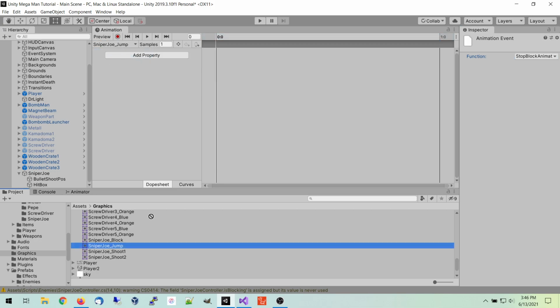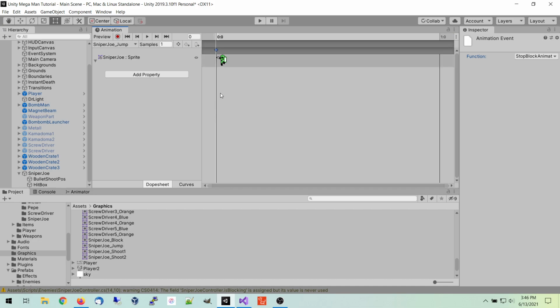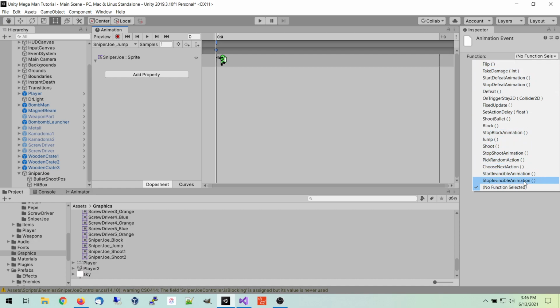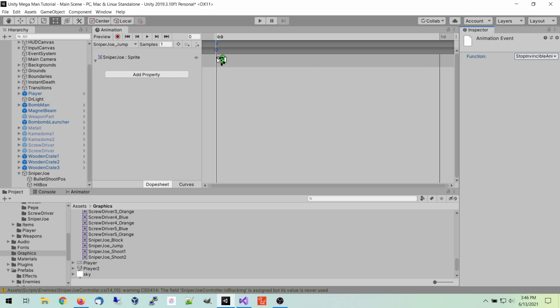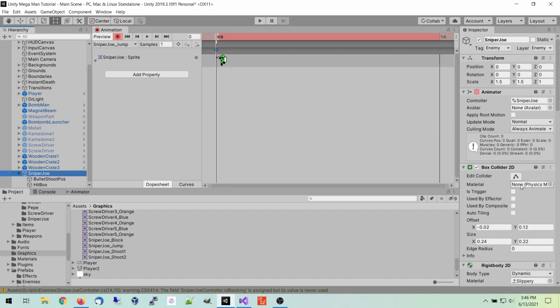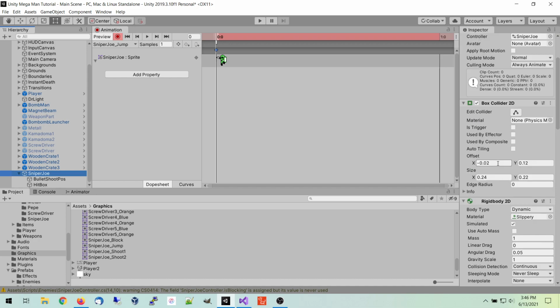So the jump is going to be this sprite, and on the jump, we're going to add another animation event on the beginning, and this one's going to be stop invincible, because now that he's jumping, you should be able to shoot him. So he's vulnerable to bullets and taking damage now. However, on this, the box collider is going to be different. So we're going to hit the record here, and we're going to click on Sniper Joe. We're going to change the properties on this. So his box collider on the